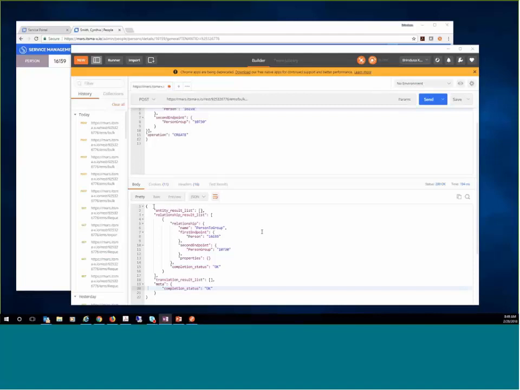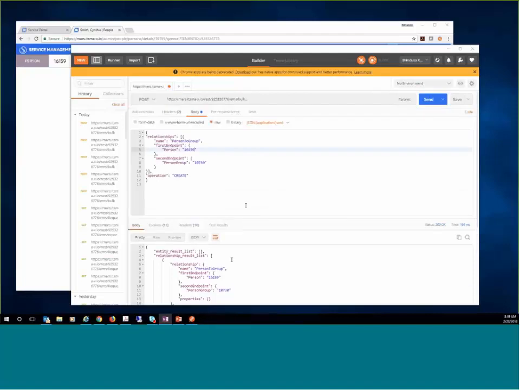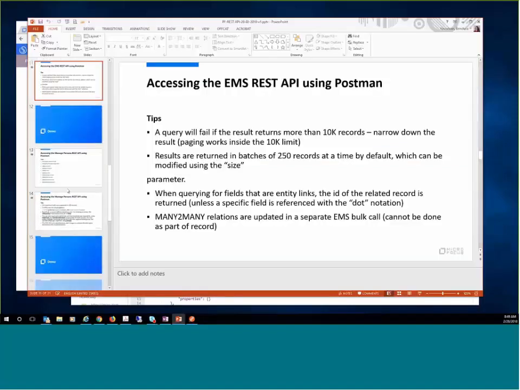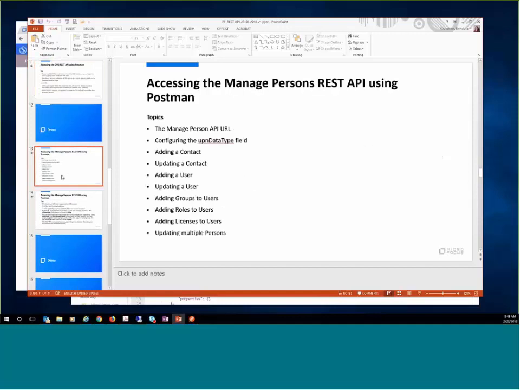Okay, so that's what we wanted to cover for the EMS API. So let's quickly go through